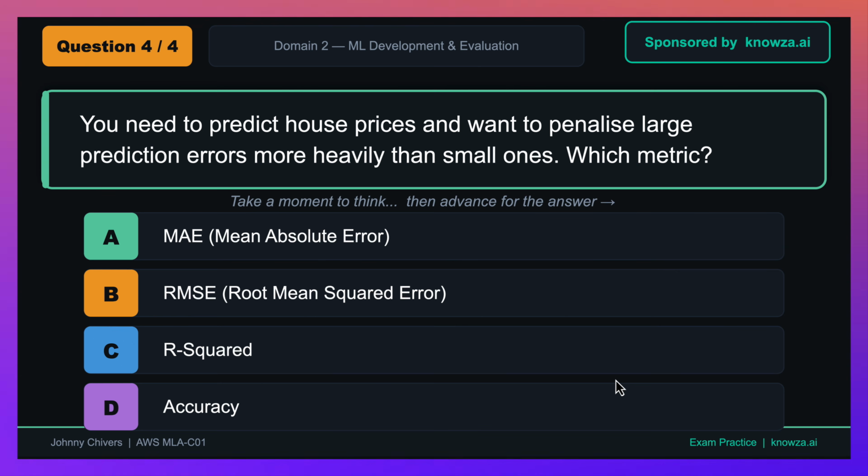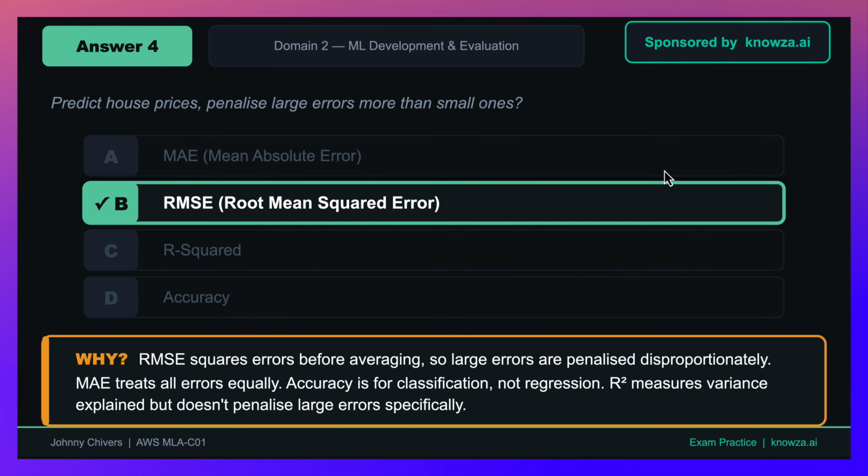you need to predict house prices and you want to penalize large prediction errors more heavily than the small ones. Which metric should you use? Again, pause the video. And the answer is root mean square error. It squares the error before averaging, so large errors are penalized disproportionately, so that's what you need to remember, and